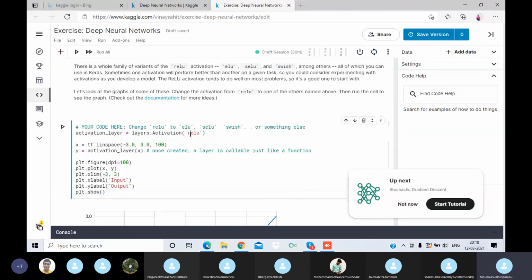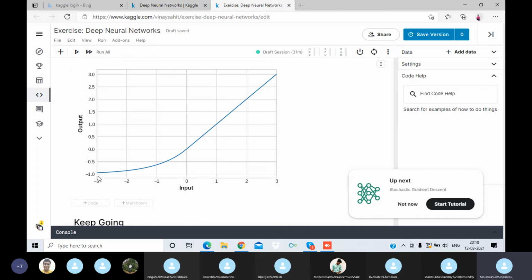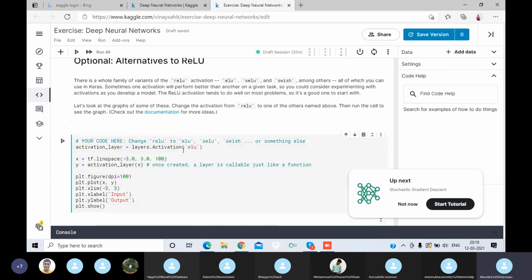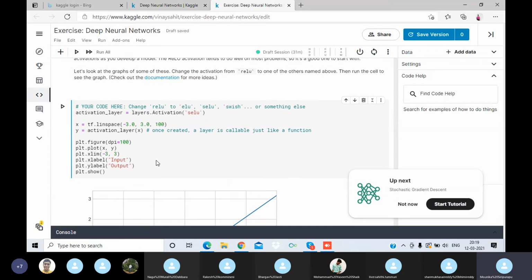If we change this to some other, like the above mentioned functions, we'll get another graph, that is with this slight slope. So like this we'll be plotting the graphs for the activation functions.